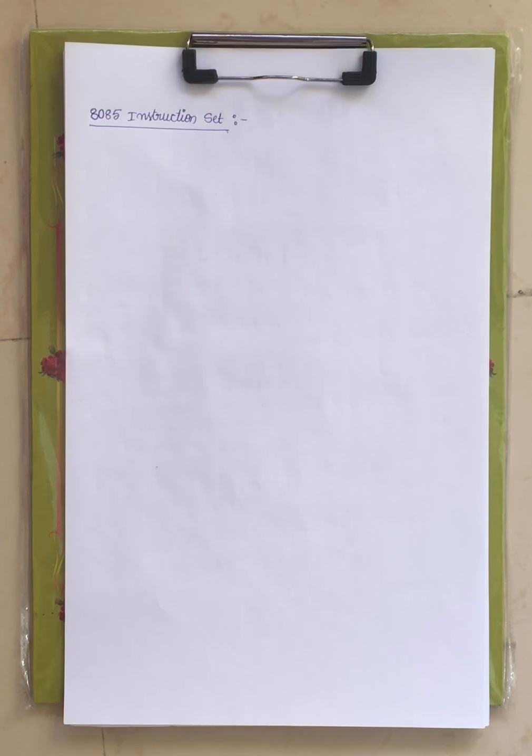The instruction set that we are discussing now is designed purely for the 8085 processor. This set of instructions won't operate for 8086. For 8086 you have a different instruction set, and for 8085 you have a different instruction set, and beyond 8086 you have several microprocessors, right? Each microprocessor will have its own instruction set. Every microprocessor, not only 8085 or 8086, will have its own instruction set